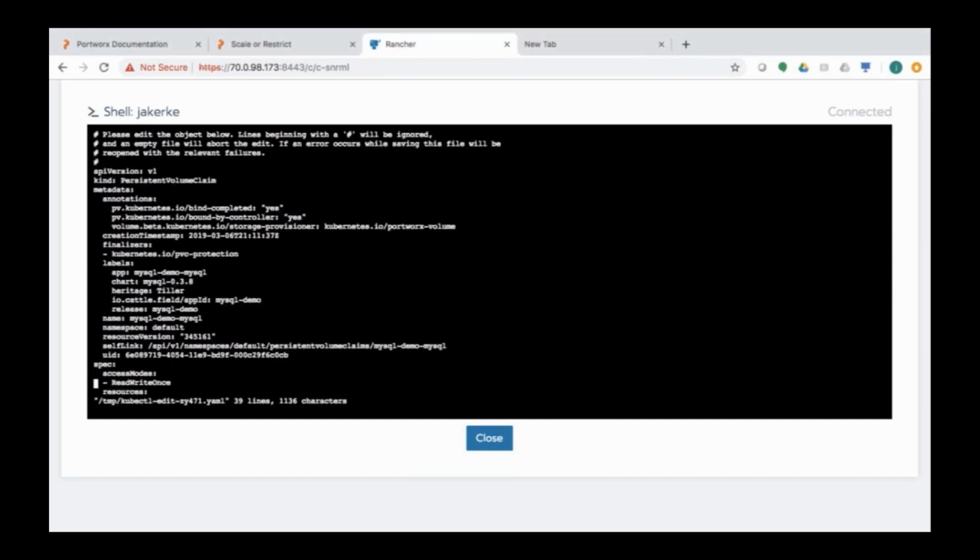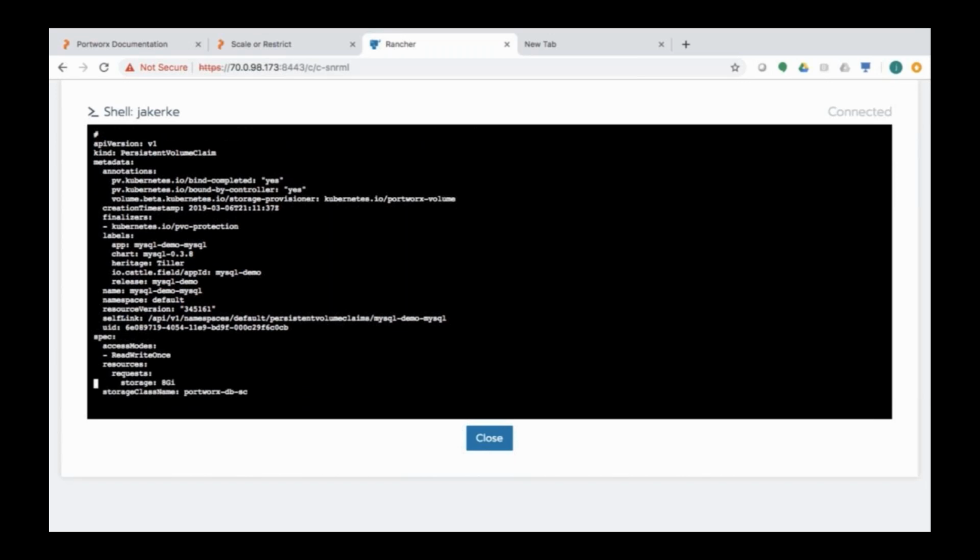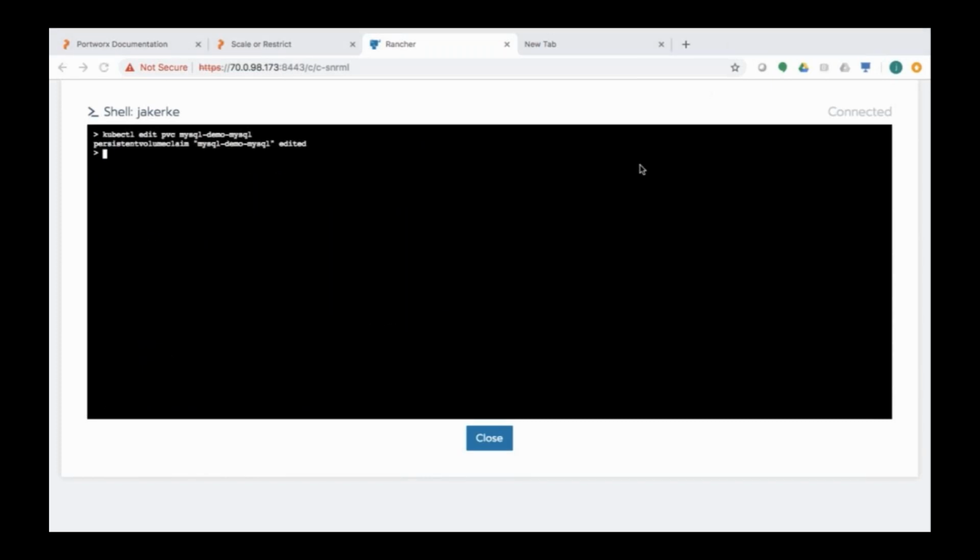So here I've got my PVC that defines my storage capabilities. And you can see I've got 80 gigabytes. I'm just going to resize that to 800. My application is still running. There's not going to be any downtime. I've simply updated my PVC, and you can see that now Portworx is showing 800 gigabytes of capacity for that